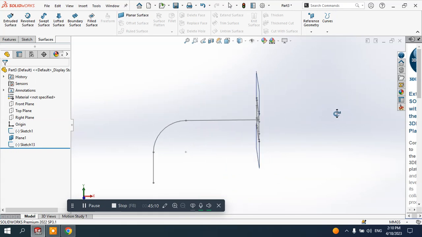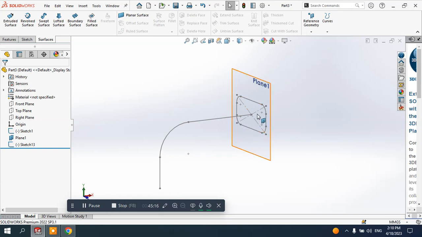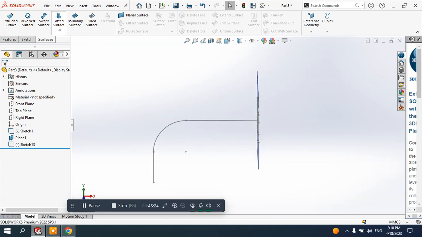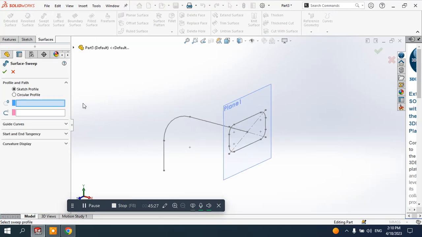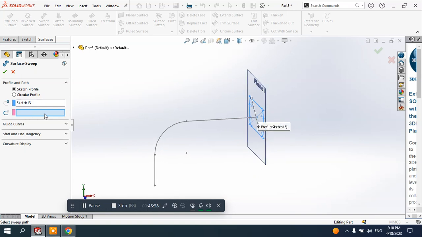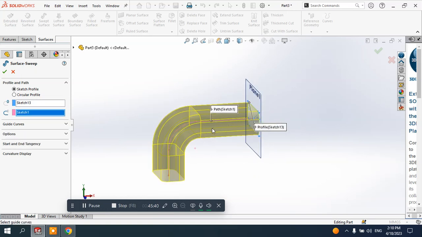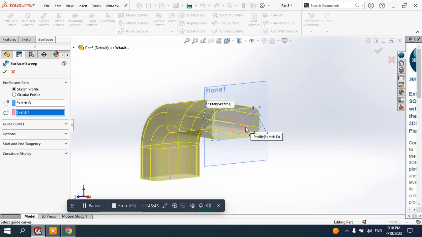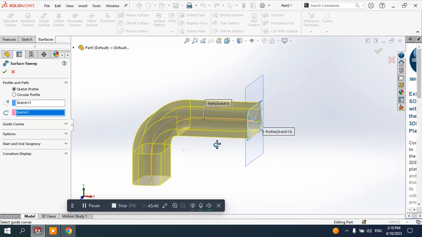So now I have the two sketches. This is my guide curve, and this is my profile, and I want to create the surface element using the sweep function. So I will go to the sweep surface. I will select here the options of the sketch profile, and I will select this profile, this sketch here, you see it's selected, and as a guide curve I will select this one, so it will sweep this profile along this guide curve. So to see the result, I will click OK,